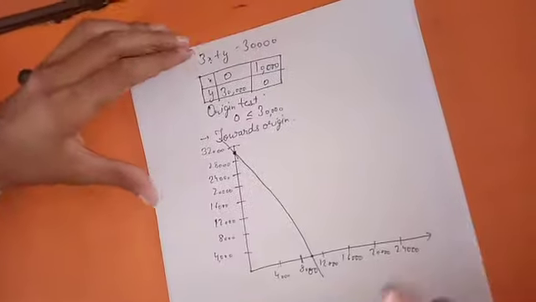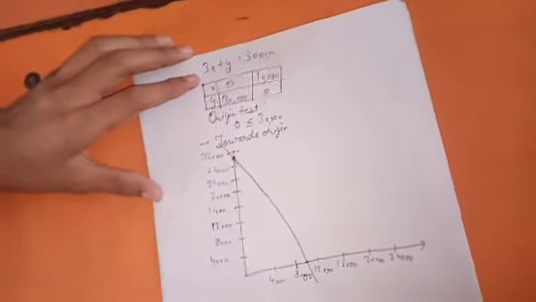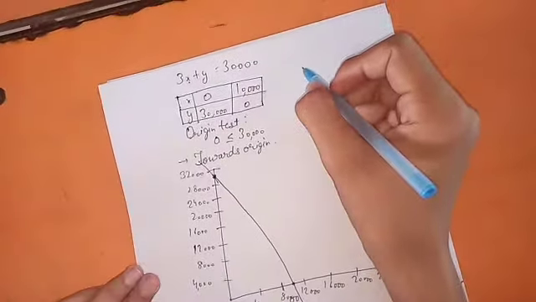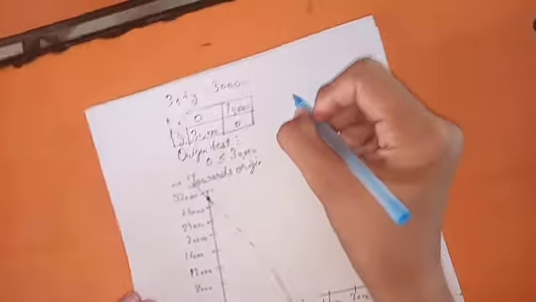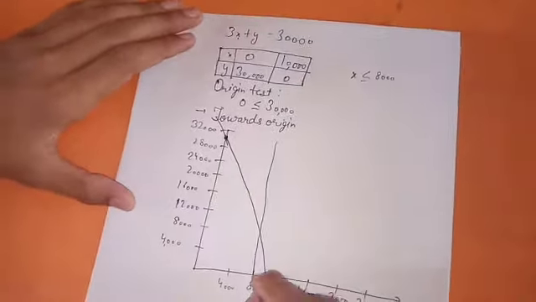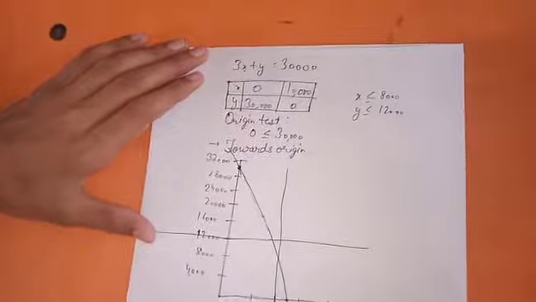Okay, so if you draw properly by scale, it will be a straight line. Okay, and the remaining 2 constraints were what? First was x must be less than or equal to 8,000. So the value of x will be 8000 in this way, and y was less than or equal to 12,000, it will be in this.